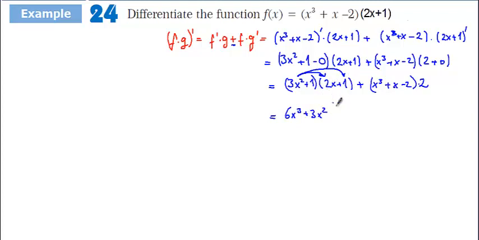1 times 2x is going to be equal to 2x. 1 times 1 is going to be equal to 1. If you multiply here by 2, plus 2x cubed plus 2x minus 4 is going to be, here 2x cubed and 6x cubed we have, that's equal to 8x